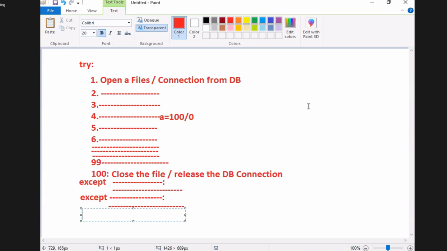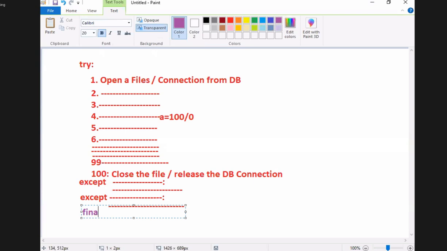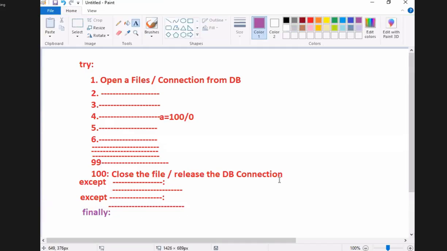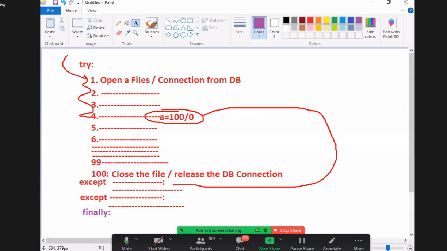So which block am I writing? Carefully observe. Now you are getting the purpose of it. Come on, students, come to the point of it. Line number 1, PVM got a file opened, then 2, 3, 4, etc. What did I get here? An exception means it comes out of which block, looking for what? The except block. Any one of the except blocks will execute, and later it will go to which block? Which one is unable to close? You are unable to close the file. Am I correct or not?